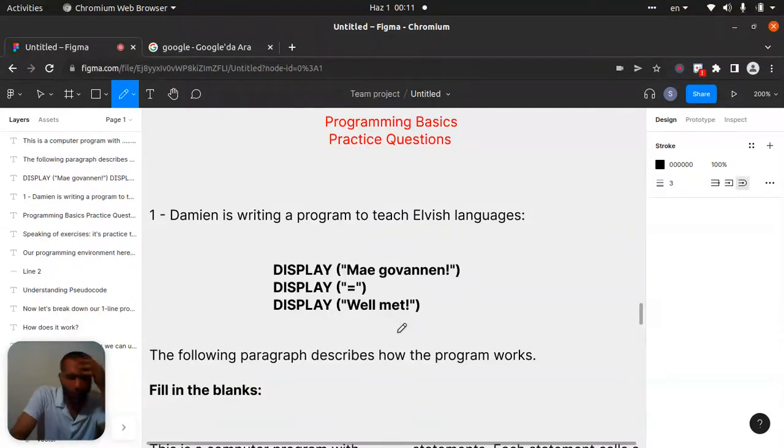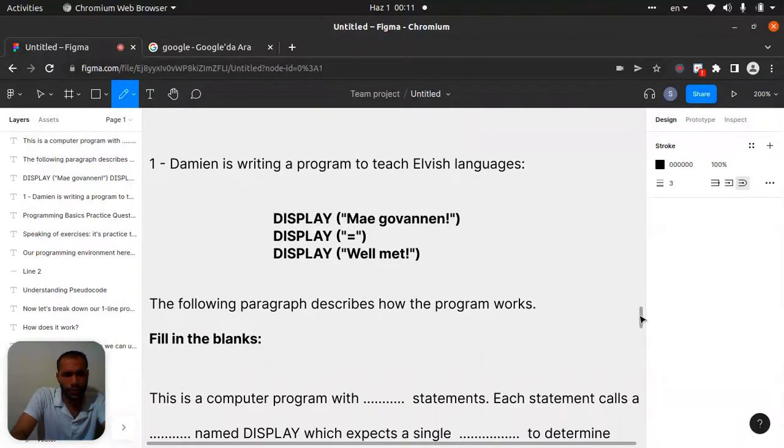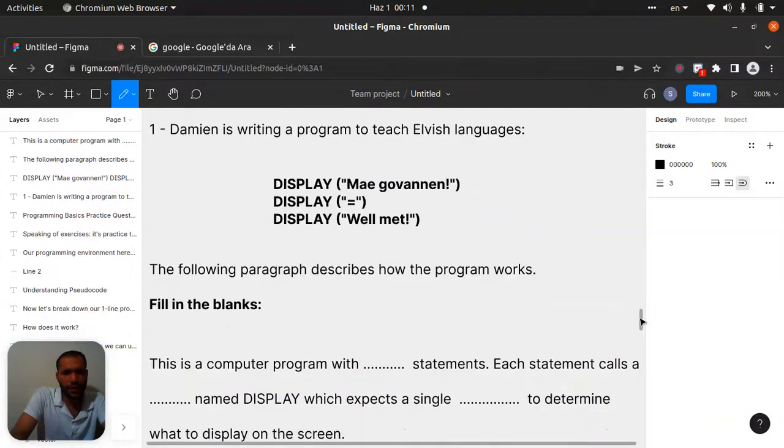And come here. The following paragraph describes how the program works. Okay, we need to fill in the blanks. Now, what do we have here? My government equals will meet. Okay.